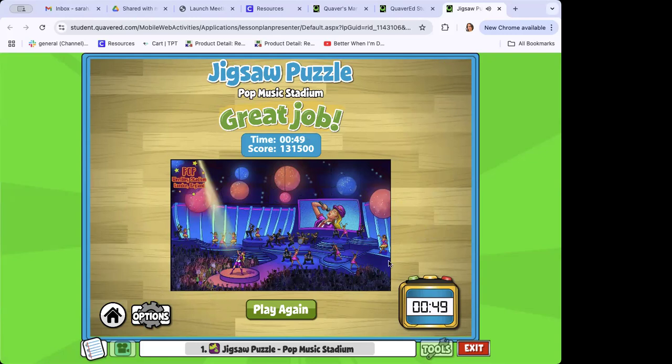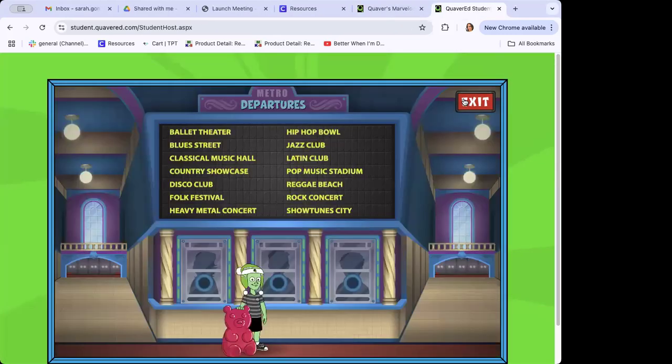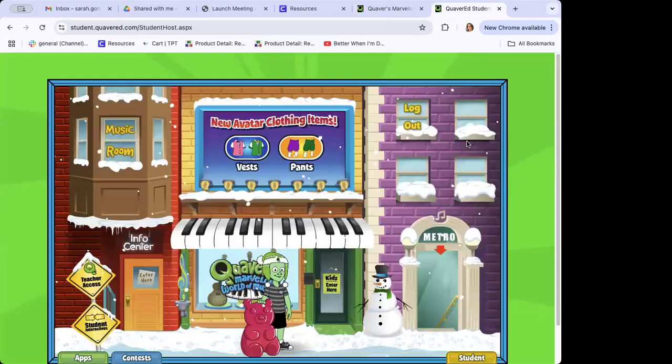And then you can play again and try and do it faster. Click exit, you click exit. So you get all of those options for here. If you want to listen,